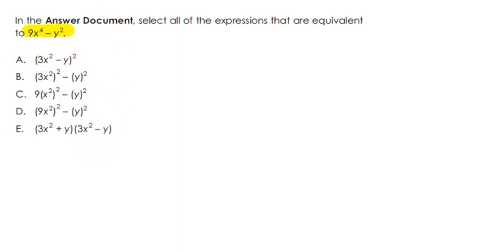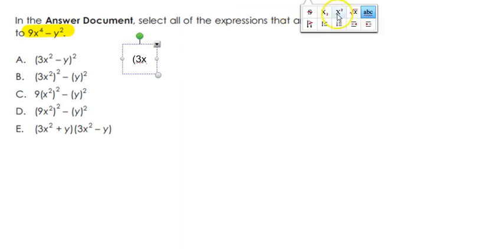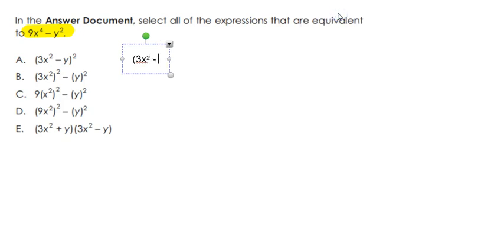So for example, answer A, 3x to the second power minus y all squared is saying 3x squared minus y, all of that times itself. That is what that question is saying. And you can FOIL that out. But if you FOIL that out, you're going to have more than just this, because if you go to your